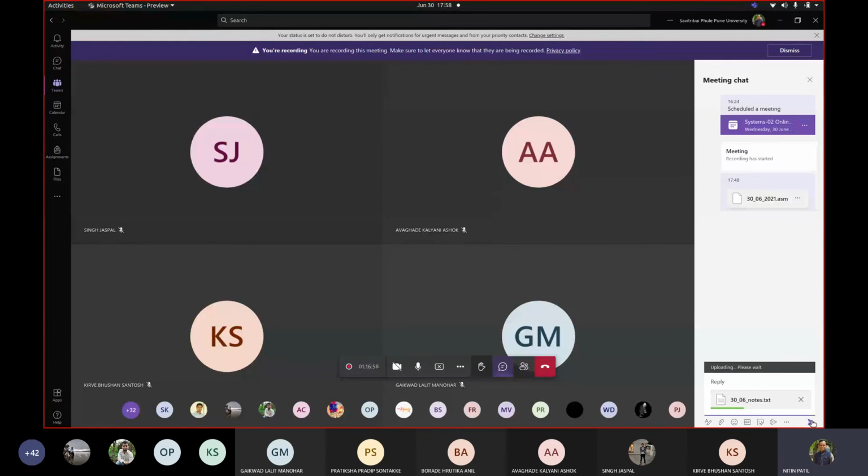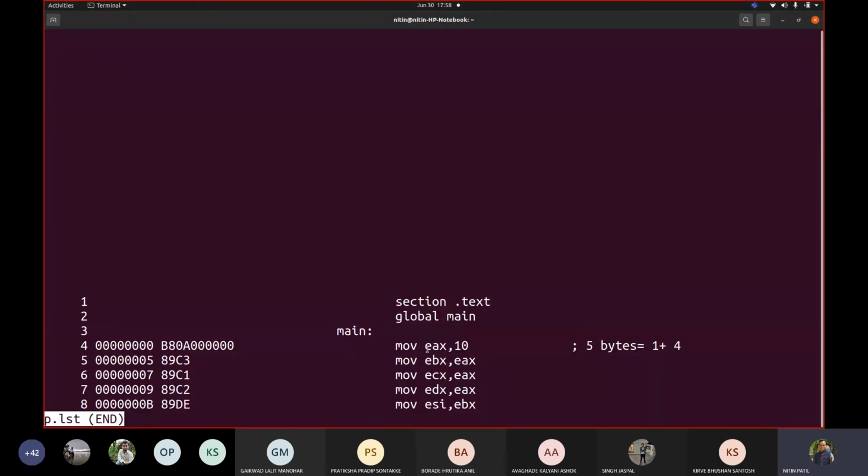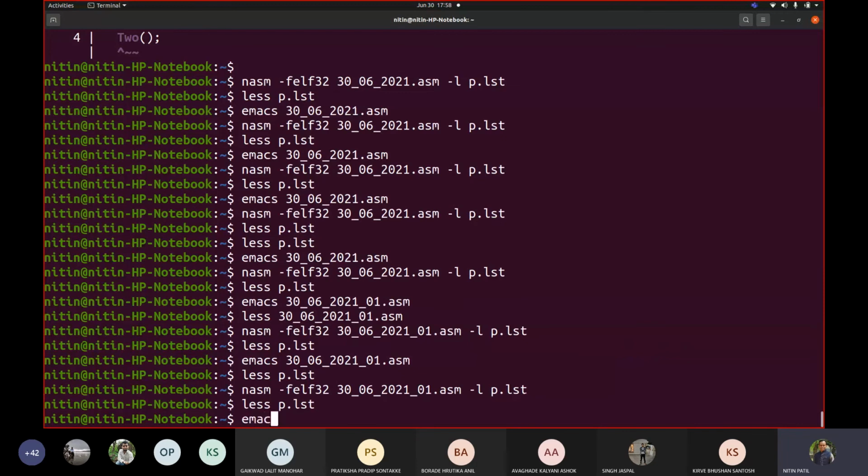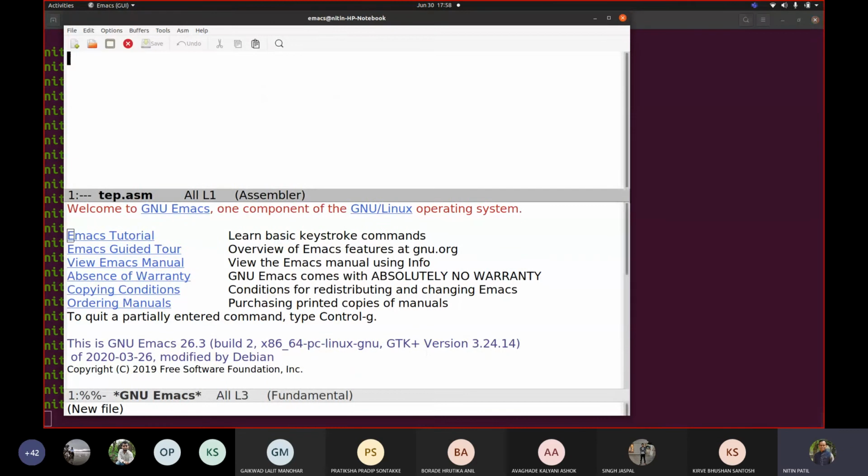What I want you to do is, with the assumption that you either have installed or not installed, don't use it directly first for a while. You write this code. You write all possible combinations, like in Emacs, say temp.asm. Your code should be like this: section .text, global main.